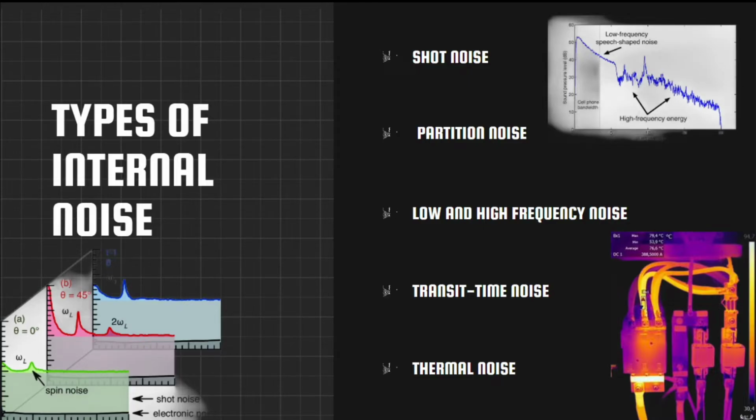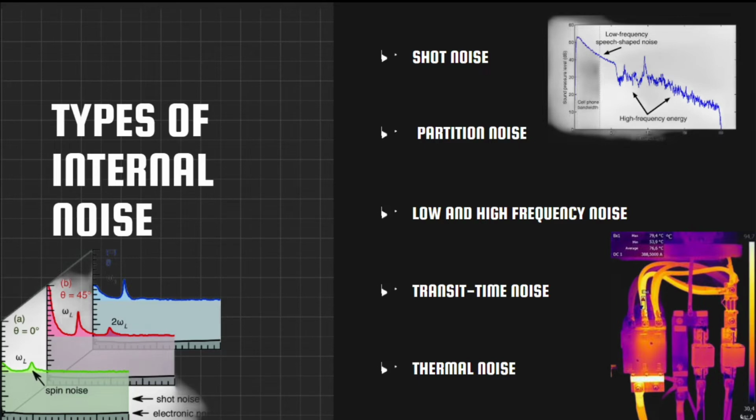Next, we have the types of internal noise. First is the shot noise. This noise generally arises in the active devices due to the random behavior of charged particles or carriers. In the case of an electron tube, shot noise is produced due to the random emission of electrons from cathodes. Second is partition noise. When a circuit is divided between two or more paths, then the noise generated is known as partition noise. The reason for the generation is a random fluctuation in the division.